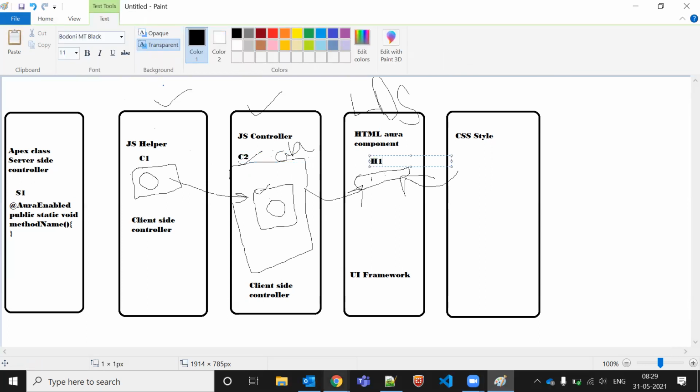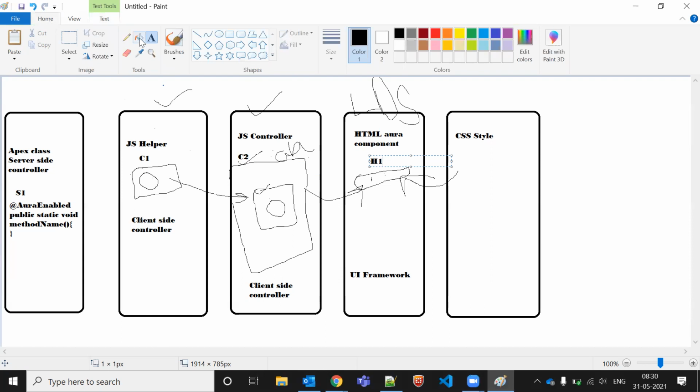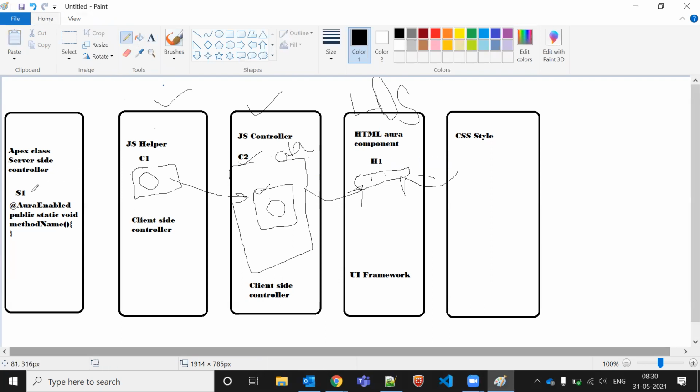So what's the flow now? Whatever S1 we have here will be called inside C1. C1 will be called inside C2. C2 will be called inside H1.